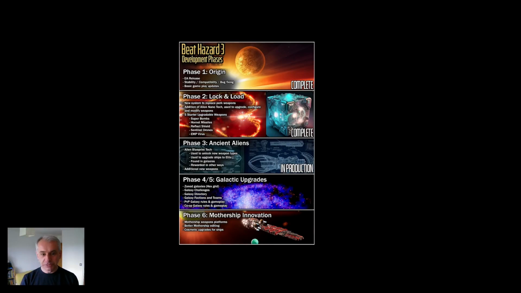Phase 3, which comes next, is called Ancient Aliens, and this is all going to be about finding alien blueprints, which then allow you to unlock and enhance new weapons and ships. Those will be found mainly in Galaxy mode, by exploring the galaxy, but probably also from other achievements. For example, finishing all the missions on a ship, possibly. I'm not fully decided yet, but there'll be multiple ways of getting alien blueprints,